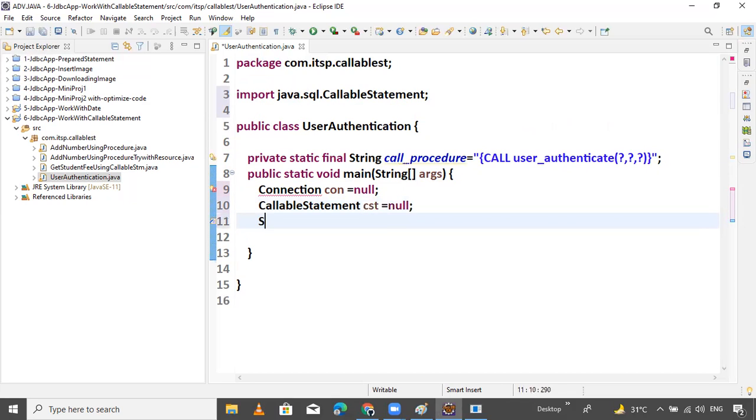And one more thing, Scanner is required. Scanner sc equals to new Scanner. I am asking the user, hey user, enter the value.